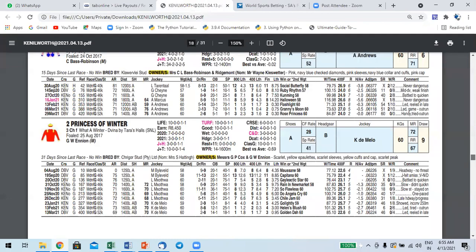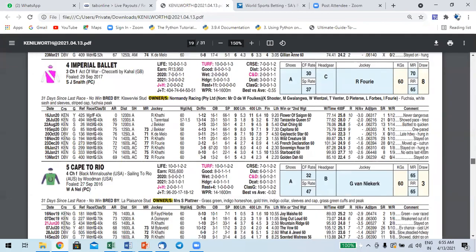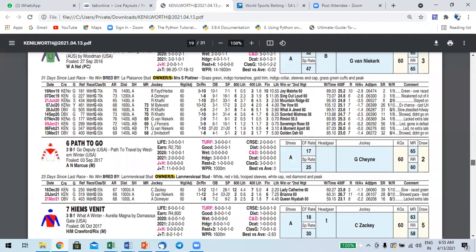So here in this race, my first selection is number 6, which is Path to Go. This is a Go Deputy by Western Winter mare. Now I can assure you that this 1,000 meters is way too short for this horse. I would even think that the 1,400 meters might be too short. But I'm thinking this horse is going to run a very good race today. Greg Shane on board from draw 2, Path to Go is definitely the horse to follow. I think he will be the improved horse in this race. And at 9 to 1, and probably going to jump around about 10 to 1, will be